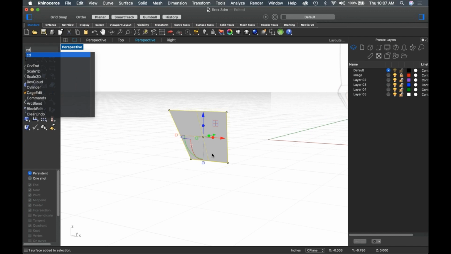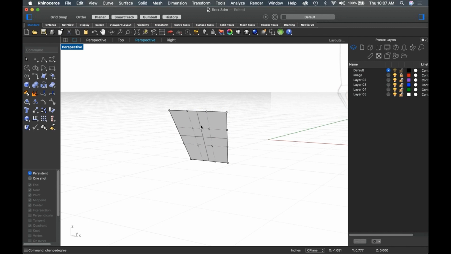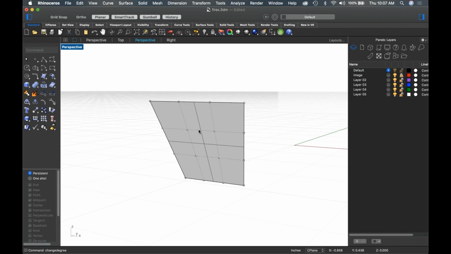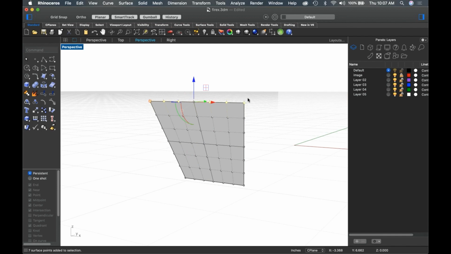So what I'm going to do is I'm going to change the degree on this surface, and I'm going to change it to 3, which is going to give me, let's change degree in both directions, 3 and 3, which is going to give me more points, which means I might even need more than that. So let's change degree again, and let's do it like degree 6 and 6, because that's going to give me a lot more points. Now what I can do is I can grab all of these